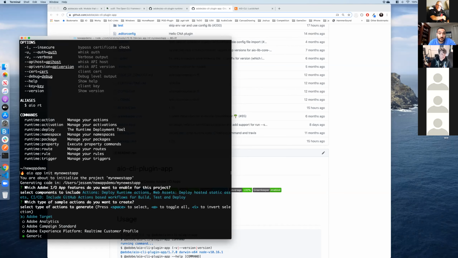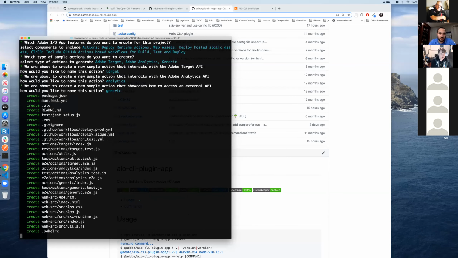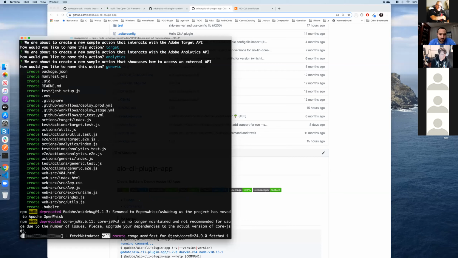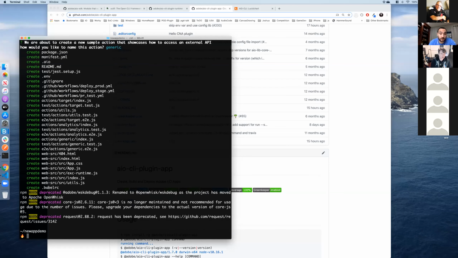Choosing all of those, the next question is what actions I want to add. If I add a couple of these, it will create actions for each of them, and it asks me if I want to change their names. Then it creates the app and npm installs everything. Everything here is on npm.